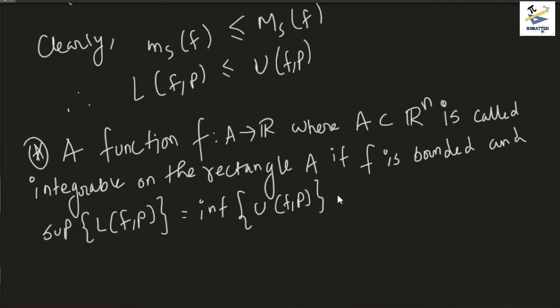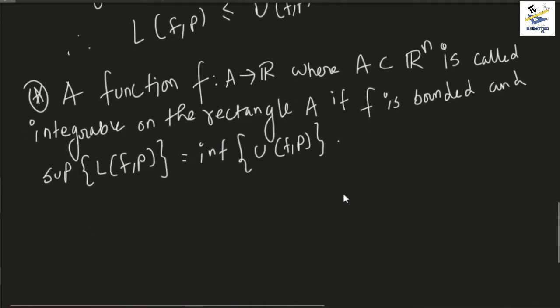So what we say is that a function f from A to R, where A is a subset of R to the power n, is called integrable on the rectangle A if f is bounded. So firstly, the condition is f must be bounded. Secondly, you find the lower sum and the upper sum corresponding to a partition P. The partition is up to you to choose, and what you need to check is that the supremum of the lower sum is equal to the infimum of the upper sum. Then the common number is called the integral, that is